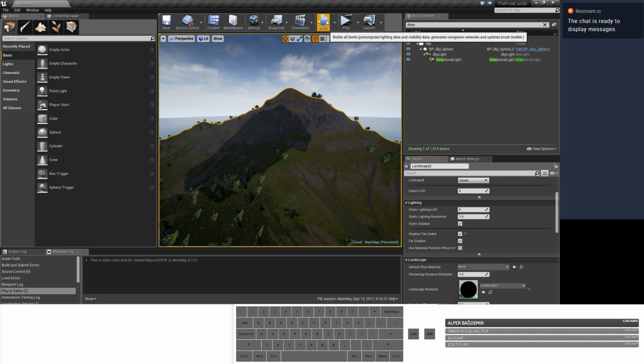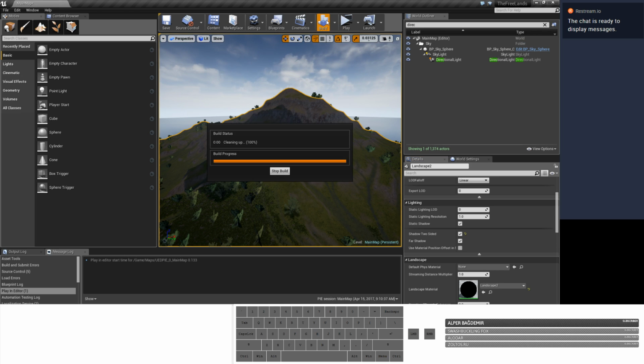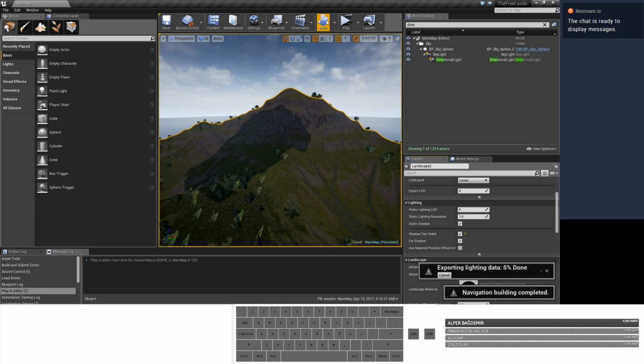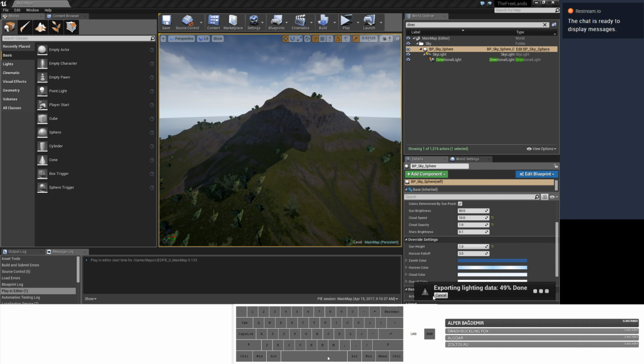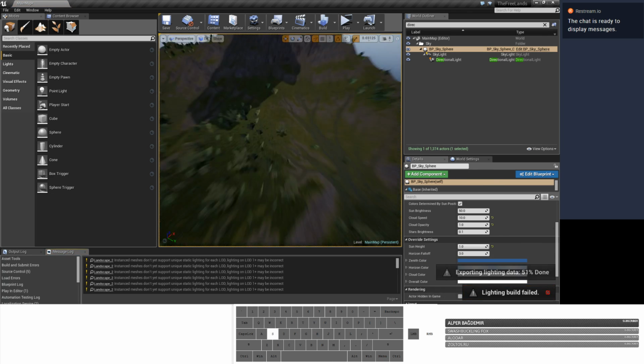Oh, I probably just haven't built it. I wonder if that'll help. That might take a while though. Let's see how it works. Oh, and a light priority volume. That too. Yeah, let me put a light mask priority volume.